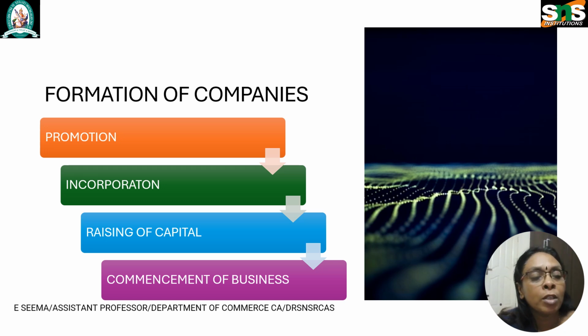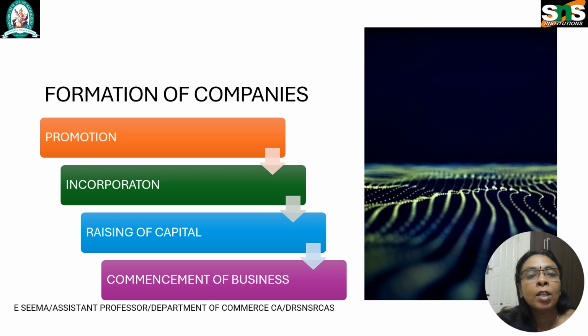And the next step is preparing a list of directors which should be filed with the registrar of companies. And the directors of the company should provide a written consent agreeing to be directors, which should be filed with the registrar of companies. The notice of address of the office needs to be filed. A statutory declaration should be made by any advocate of either the High Court or Supreme Court, or the person in the capacity of director, secretary or managing director. This declaration shall be filed with the ROC.